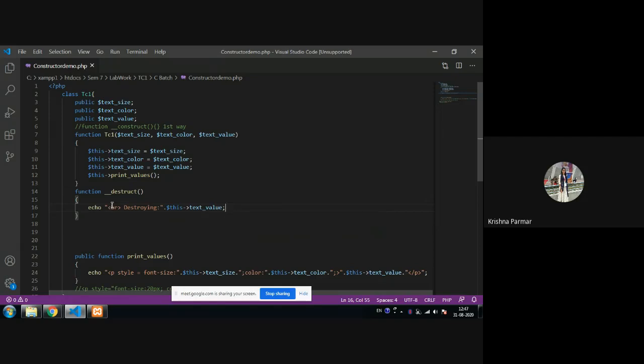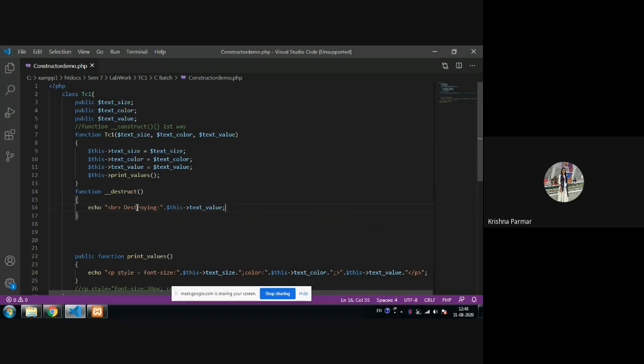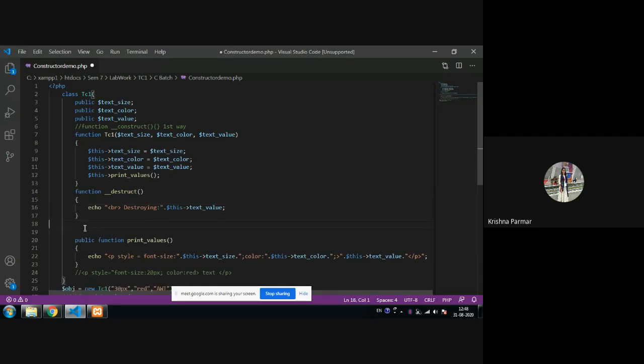The destructor is always called automatically when everything is done, whenever your value is initialized, whenever your function is called, and after that the destructor is called. So always at last the destructor is automatically called for the cleanup process, and whatever unnecessary space is there, we can remove it so that it is allocated to some new properties also. Okay, now I'm going to run it again. You can see that first it prints AWT and works perfectly, and then after that "destroying AWT", that kind of message is displayed. So that is all about the destructor.